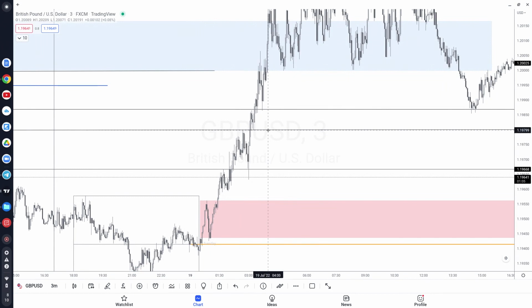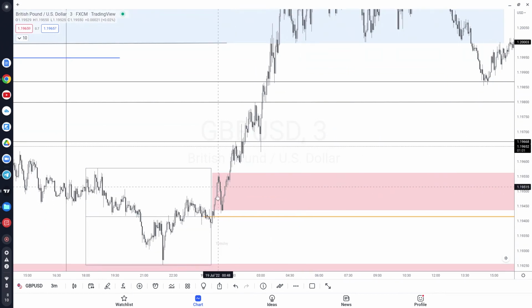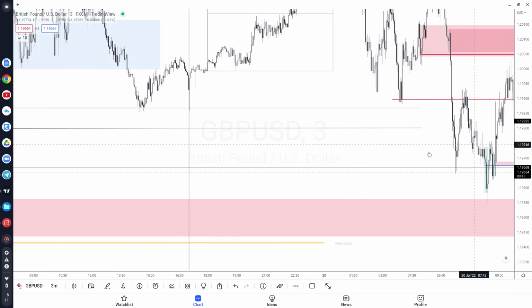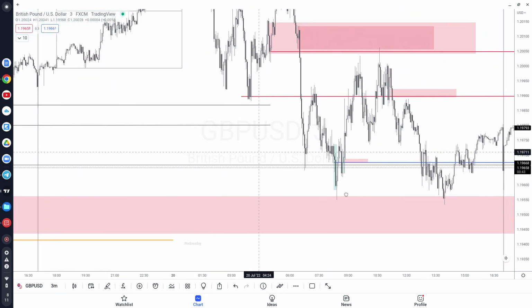Here's a true order block, right? A series of down closed candles before reversal, and then we have a fair value gap. Fair value gaps inside of this little pricing right here. Here's a sell side liquidity right here,